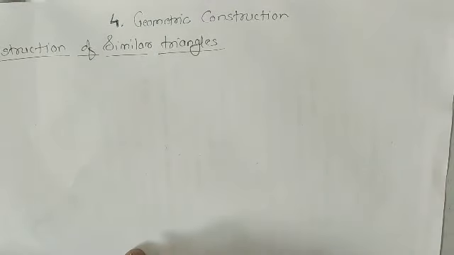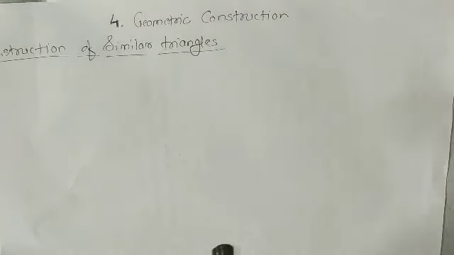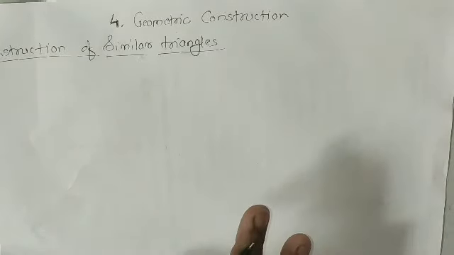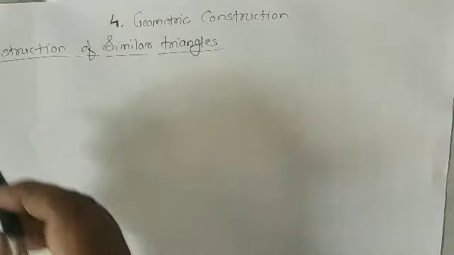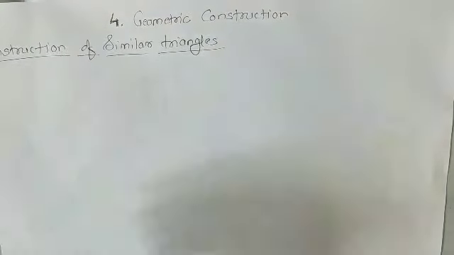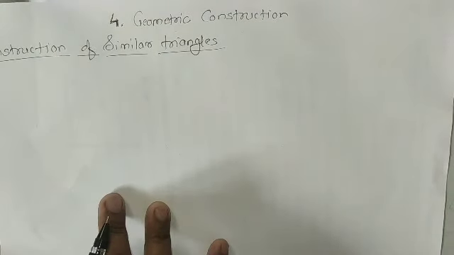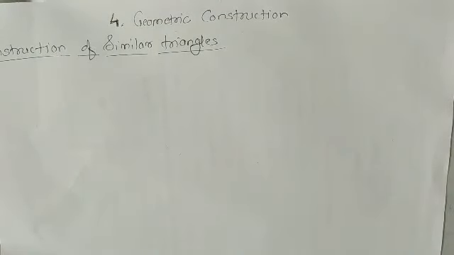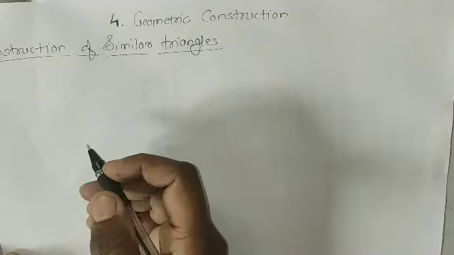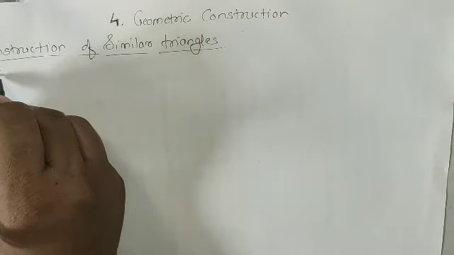Whenever we are doing this, first of all we take one question which is given in our textbook, and then we will draw, and you will understand how to draw the similar triangle. So first of all we write the question: